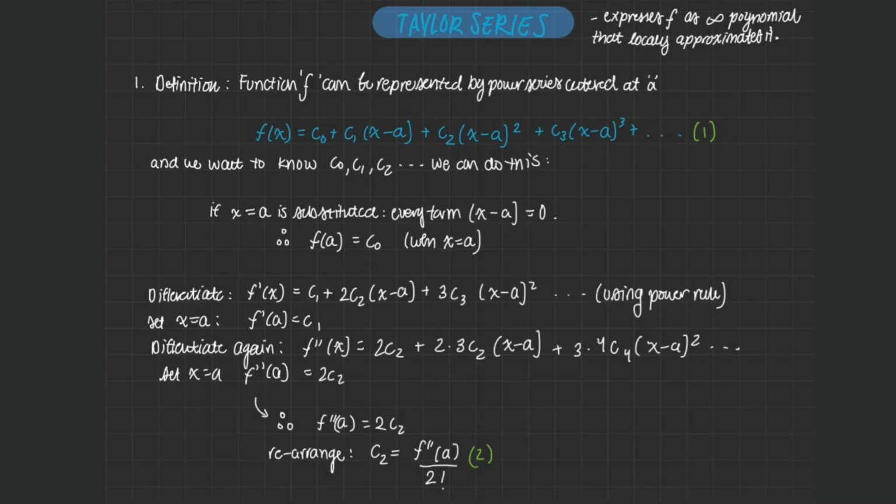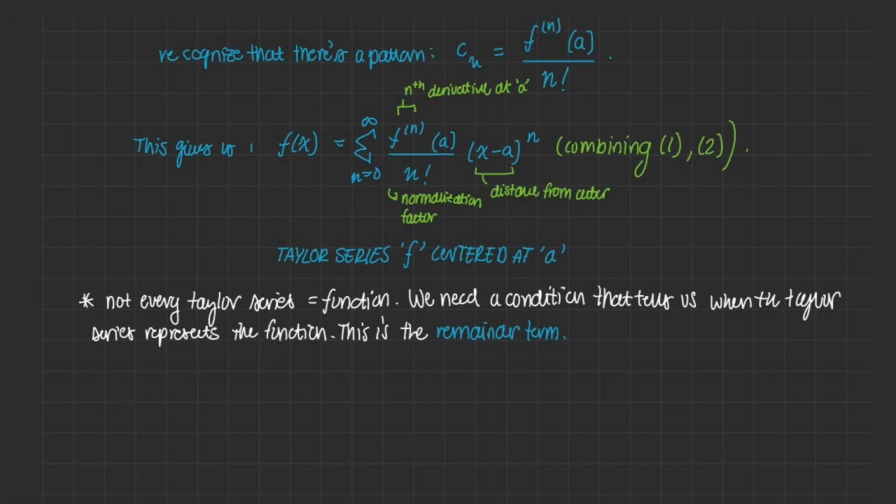We can actually plug in x equals a infinitely in order to find this. But if we keep going, we can recognize the pattern that is shown at the bottom here in the green function 2, which is that each coefficient solution can be rearranged to show, for instance, c2 is equal to f prime of a divided by 2 factorial. If that is understood, then we can notice a pattern that for each coefficient c, we have the following formula to represent it. Therefore, we don't have to differentiate endlessly